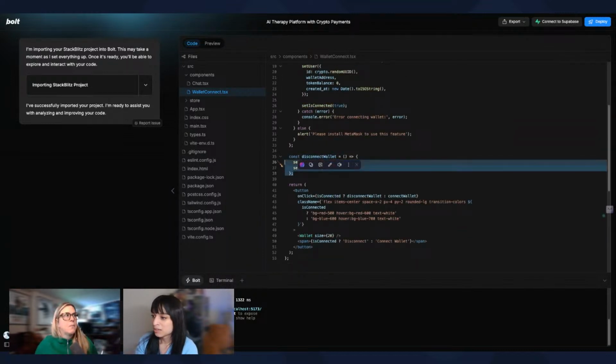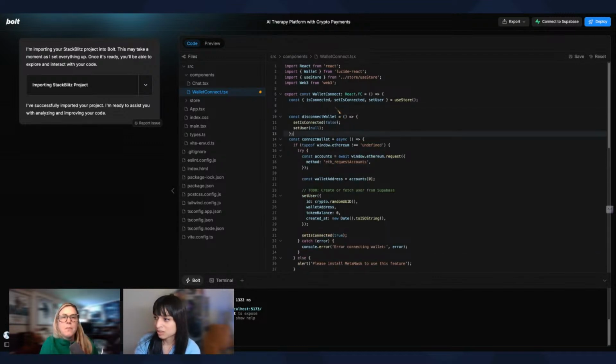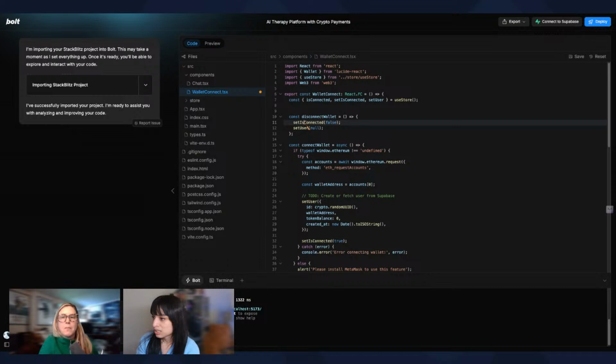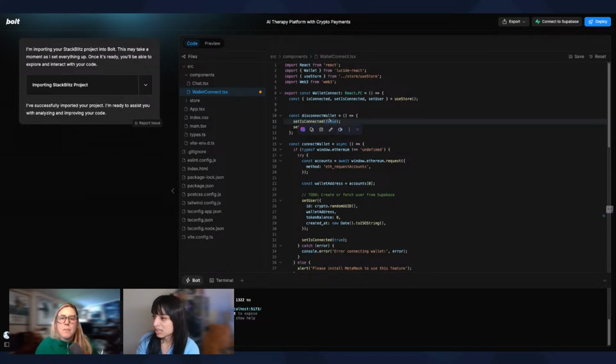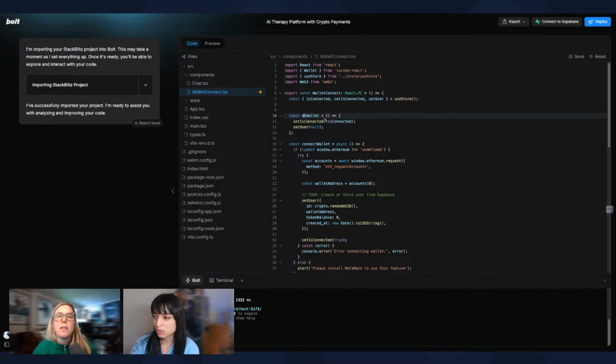So what we could do here, I'm gonna add this above the connect wallet. And what I'll do is have set is connected, and then it's gonna pull in the state here, is connected, and then it's gonna invert it. So if it is connected, it'll be disconnected, etc. That makes sense. Okay. Then I'm gonna change it from disconnect wallet to toggle wallets.